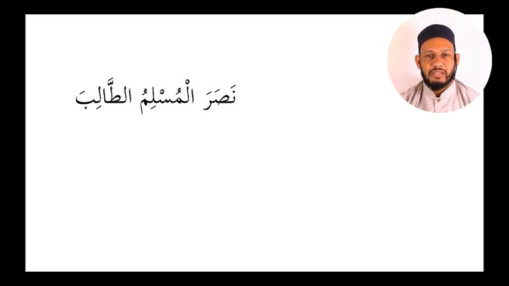al-jumlatul fi'liya has 3 parts. So for now, we're going to look for 3 parts in the sentence. First of all, whenever I have a verb, whenever I have a fi'l, I have jumlatul fi'liya. So in the sentence on the screen, I have the word nasara, which means helped. So I have a fi'l, therefore I have jumlatul fi'liya.